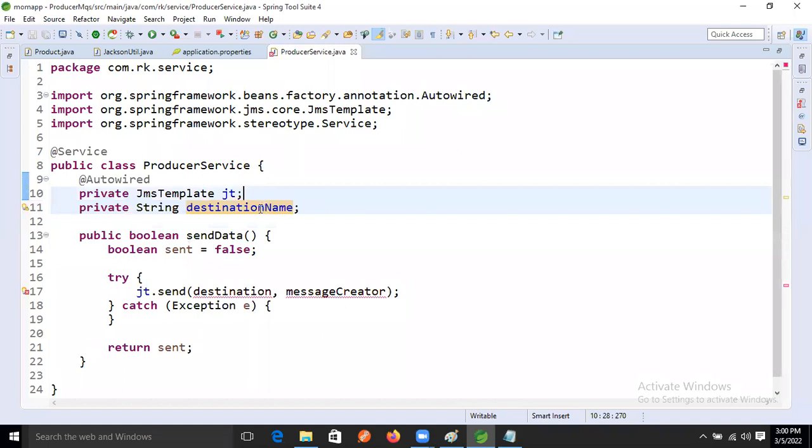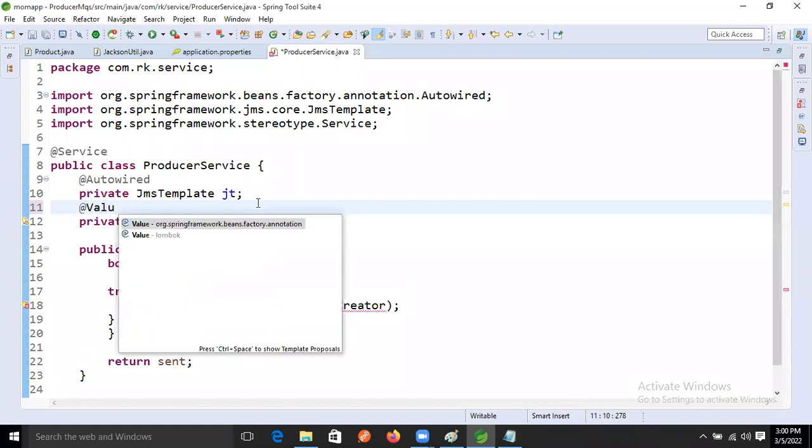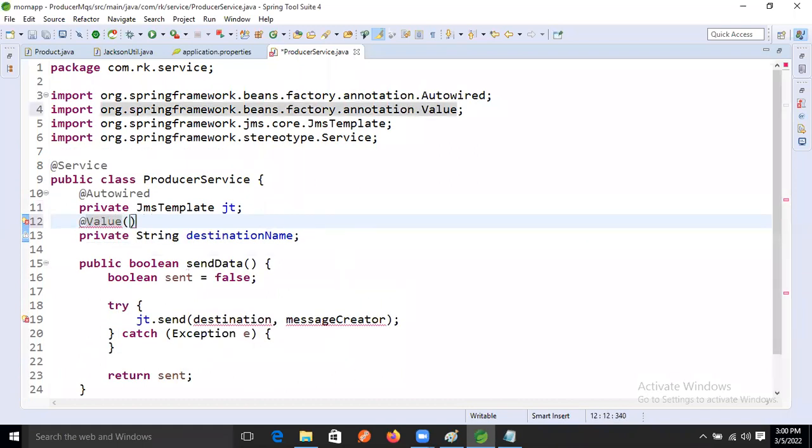So how will we read it? @Value. We will write inside that a property from some property file: dollar, curly braces. So what name will we give now, guys? Let's give jms.destination, right?